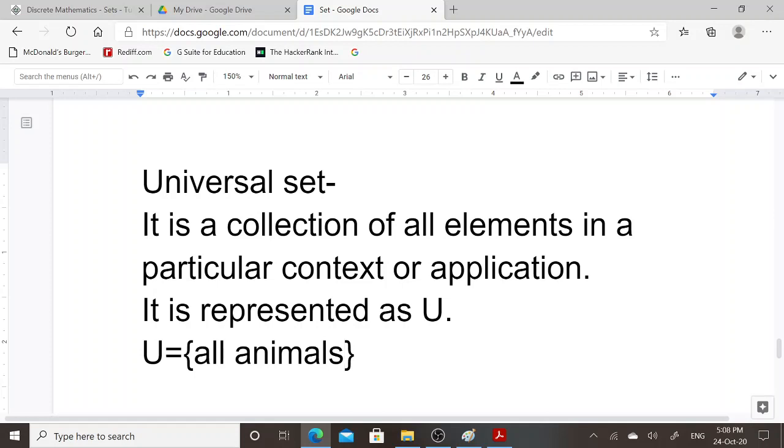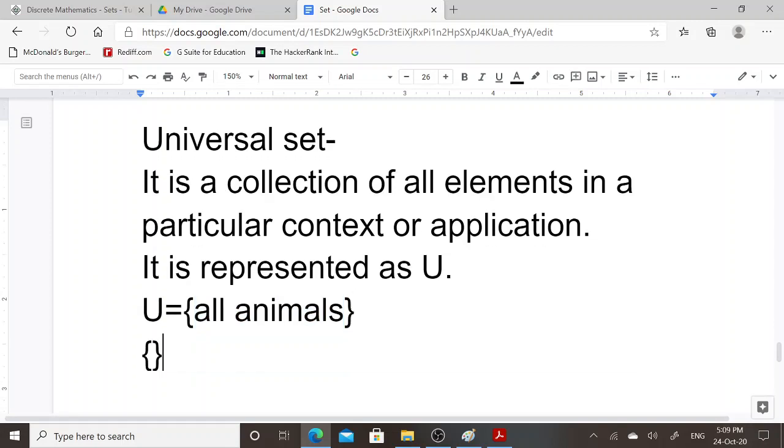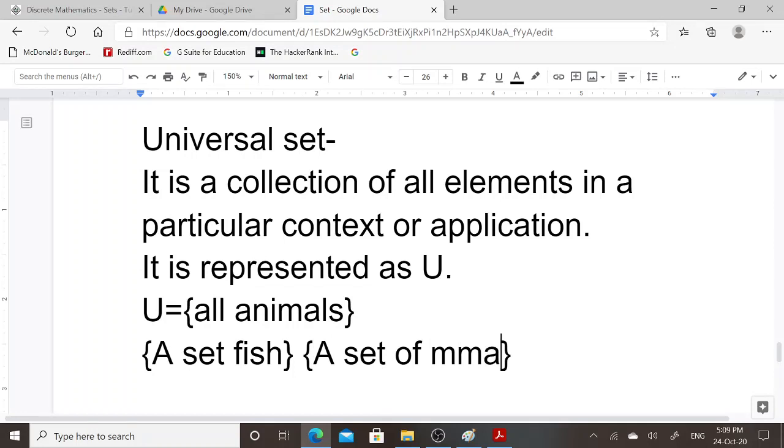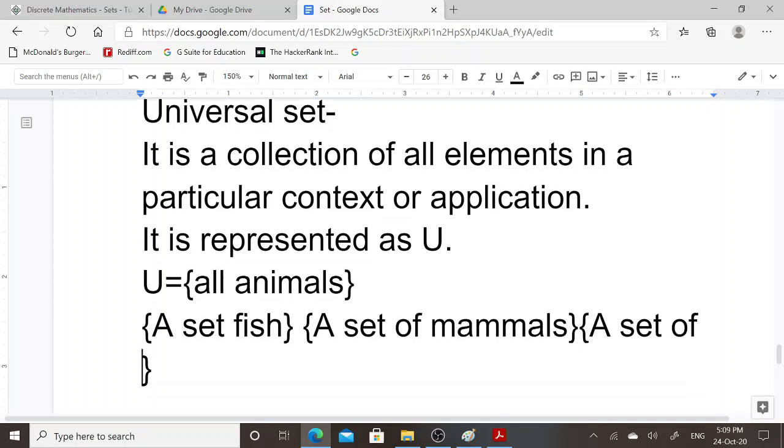If considering the context or application of animals, universal set is a set of all animals, then their subsets could be a set of fish, a set of mammals, and a set of insects.